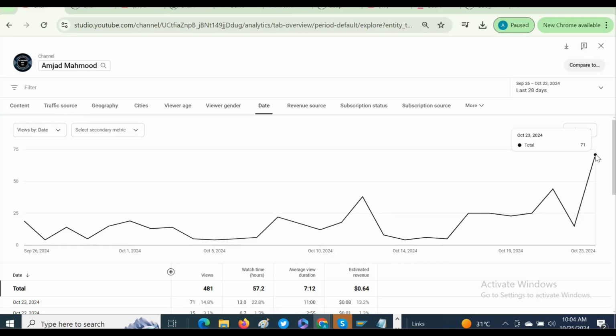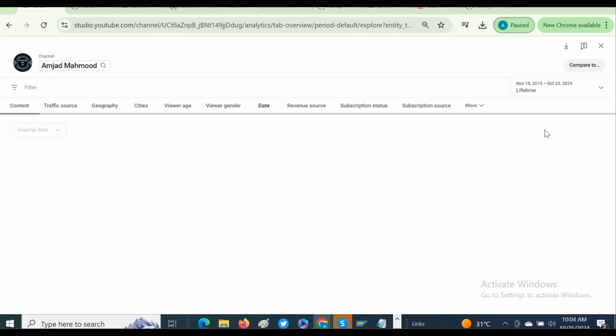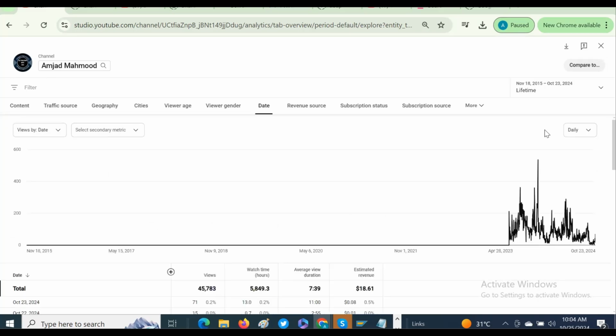So this is the short roadmap which you can deduce from the information the dashboard is providing. Also, you can see the lifetime, right? If you go to the lifetime, until now you have almost 46,000 views, and 5,800 watch time hours, so you're reaching 6,000.